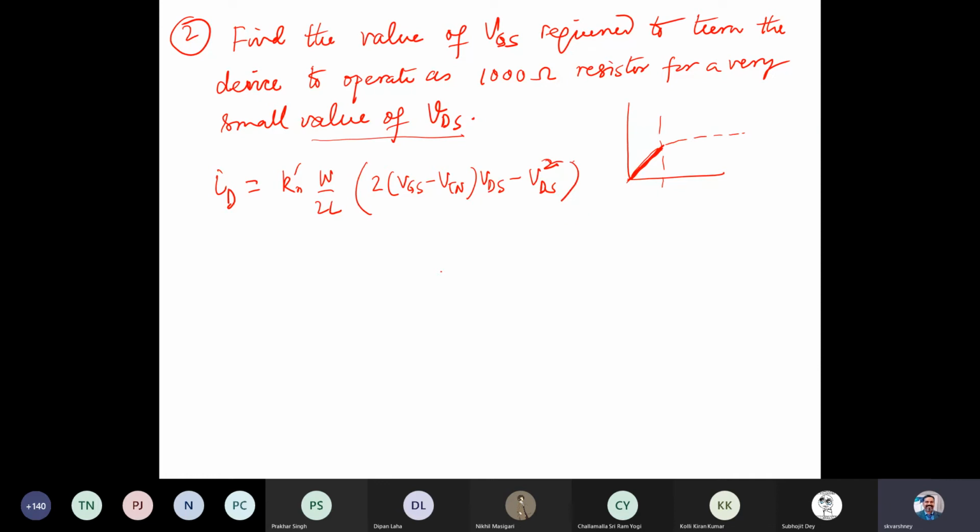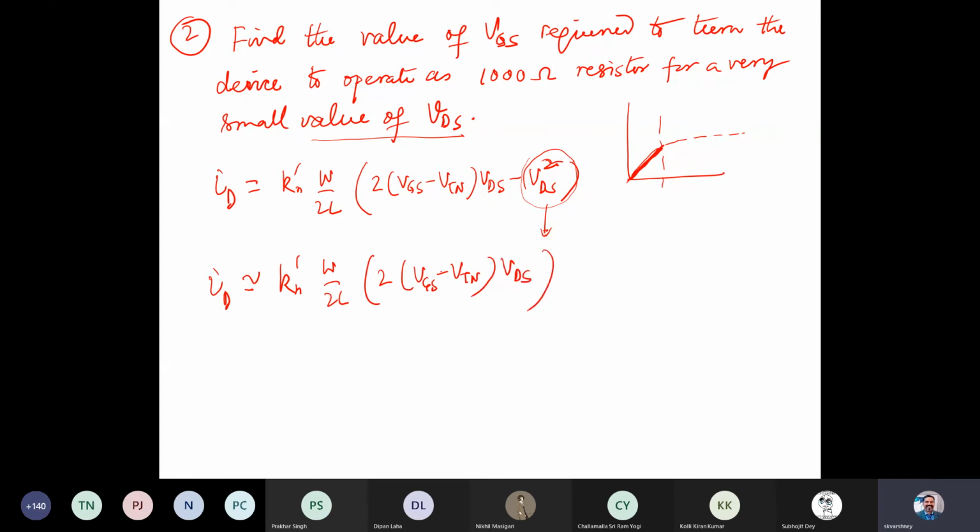This is the equation. Since the VDS is very small, we can simply neglect the square term, and we can approximately write Kn dash W by 2L, twice VGS minus VTN,